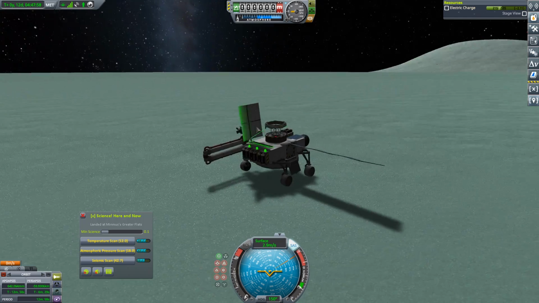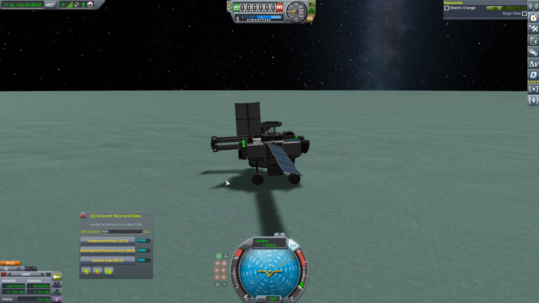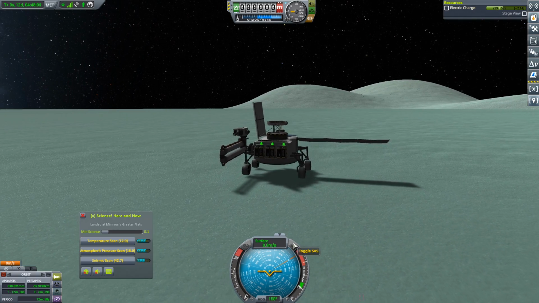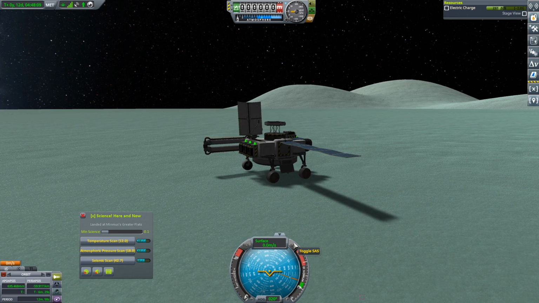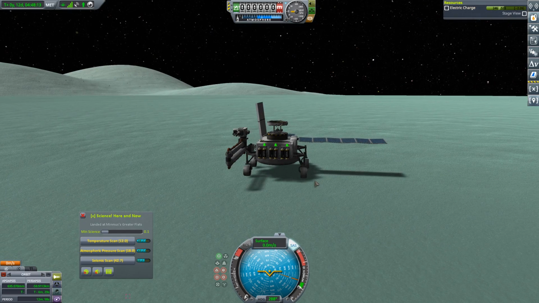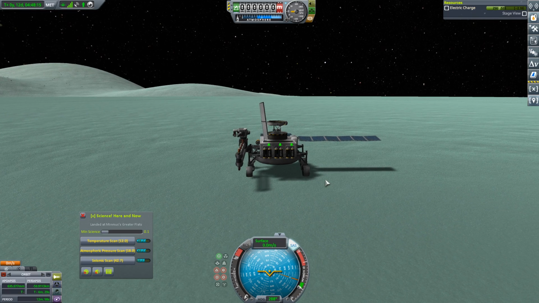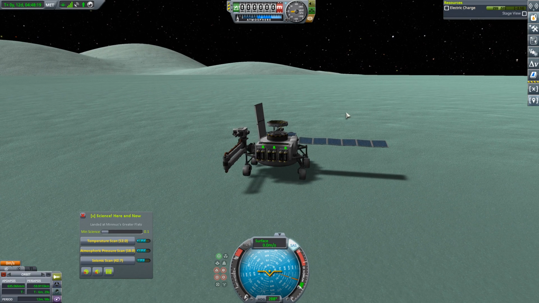We've got our rover on Minmus, and we'll just come to a stop here. Our brakes are rather ineffective right now. Just checking to see if it's SAS holding us like that. Maybe we're not making full contact. Yeah, I think it might have been SAS. Okay, well, that's fine. So I'm going to go ahead and put a cut in here, and next episode, we